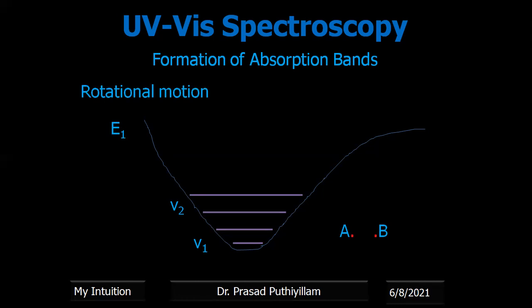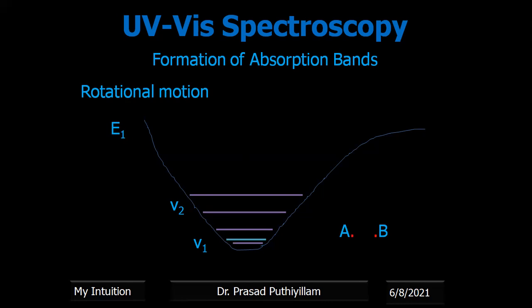So again, I represent with A and B, two atoms joined to form a molecule. Now the rotation is possible, say that it rotates. Here I represent only A as rotating; if I represent B as rotating, it looks the same. Therefore, only A is represented as getting rotated. Therefore, the molecule also absorbs the radiation to undergo this type of rotation.